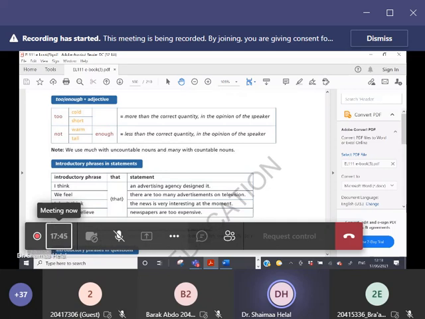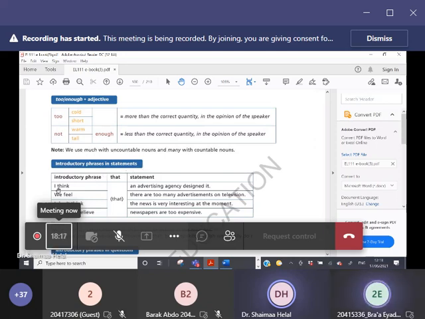We do not say "I think the news is not very interesting." This is incorrect. Why? Because verbs like think, feel, believe can be followed by "that," but in spoken English we usually don't say "that." Okay? So you need to write "that" in written English or written text, but in spoken we usually don't say "that." So who is ready to read the examples in the correct way?